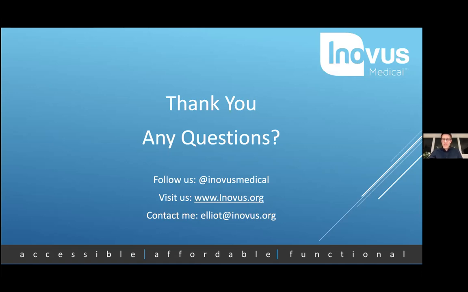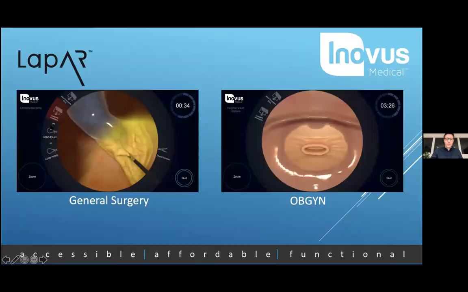Jane, your question there of can a model be used more than one time? Again, a great question. Where we can make the models multiple use, we have. A good example of that is the vaginal vault model here on the right-hand side. That is a multi-use model because there's no dissection required. So it's just suturing. Eventually it will require a replacement, but that will get multiple uses out of it.